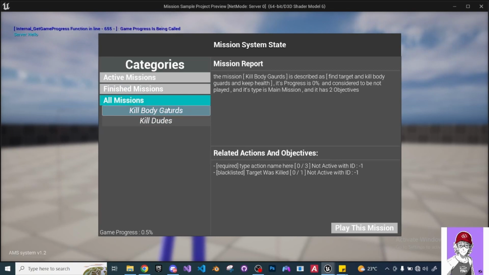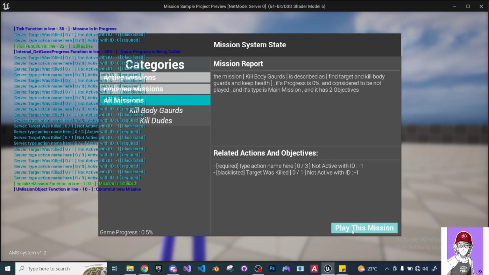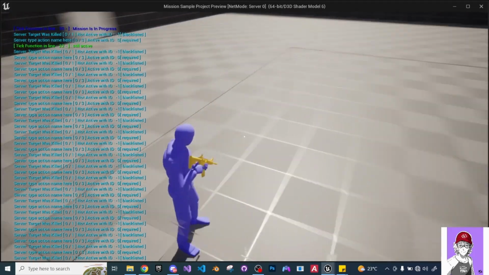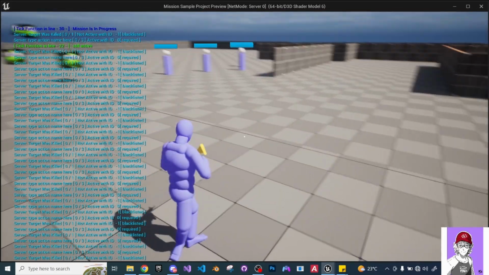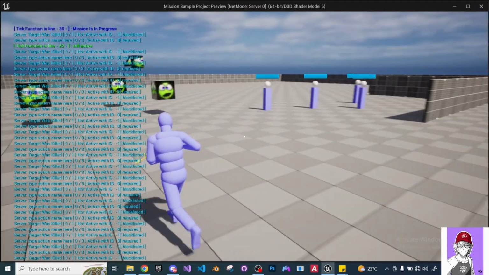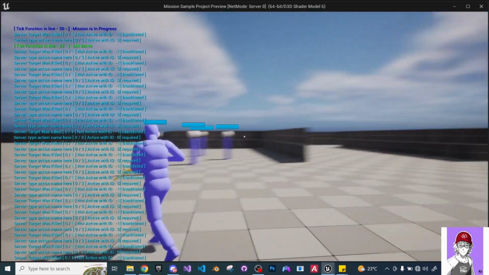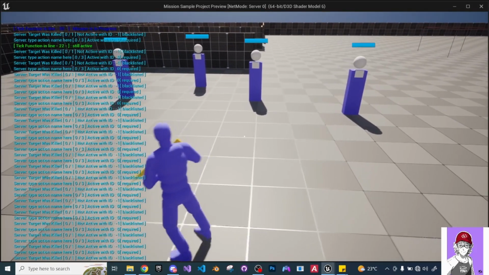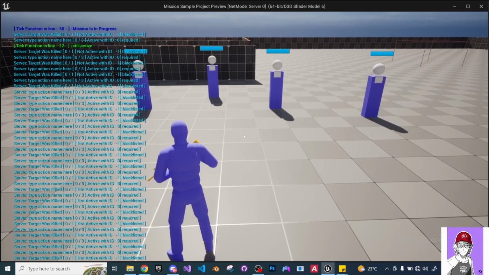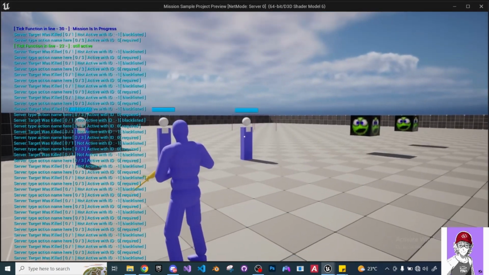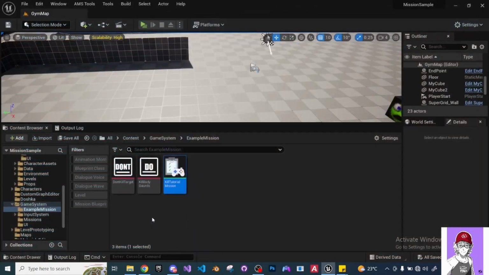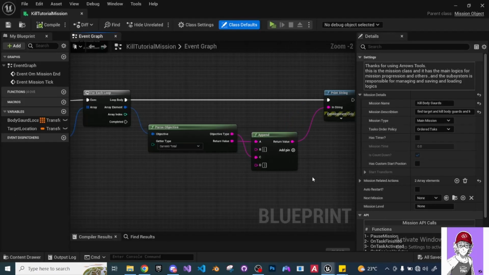So I'm going to select my kill guard and play this mission. You can notice that the mission started while I'm in this place because it doesn't change the location. Now we have something weird happening. This one is spawned in this place for some reason. So maybe I'm wrong with something. Let's look at the kill mission,